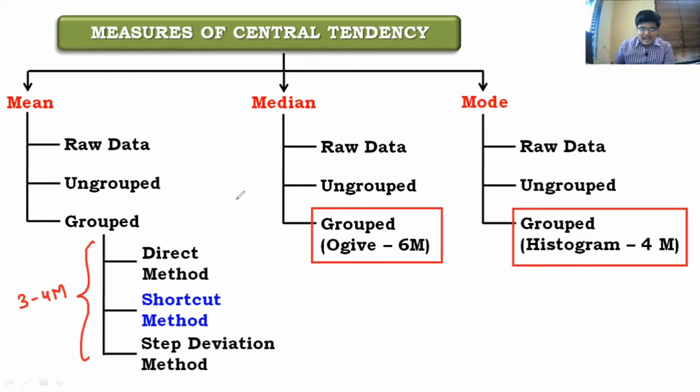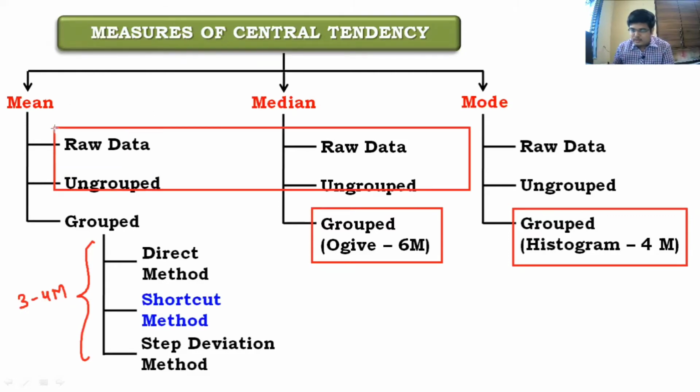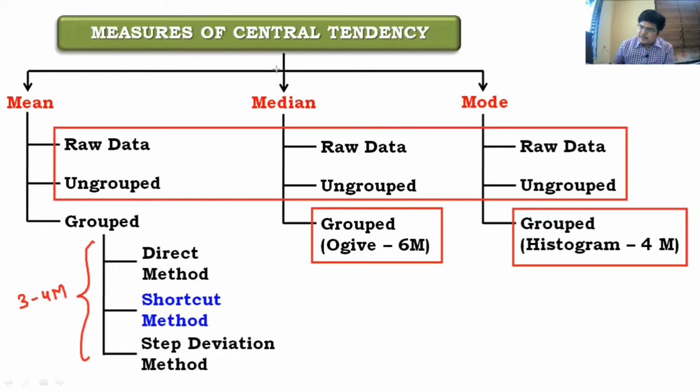And so these are 3 questions. And there's one more question which will be asked. The other question is, either they will give you raw data or they will give you ungrouped data. Any one of those 2 data. Not both together, any one. Either they will give raw or ungrouped. And in the same question, you have to find mean, median, mode, all the 3. So in one question, it will be a 3-mark question. You have to cover all mean, median, and mode. So these are the 4 questions that are asked every year.